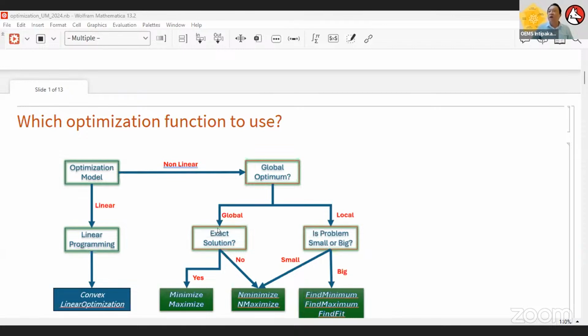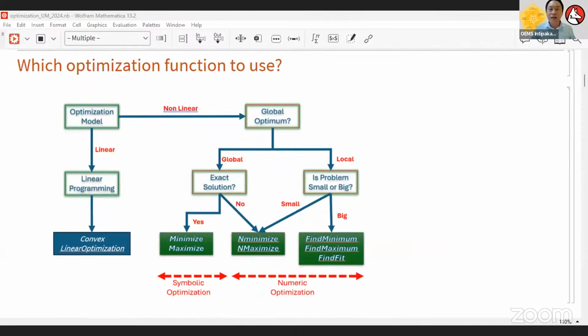Now, if you look at the optimization model for linear equations, the left-hand side here is fairly simple. Traditionally we have linear programming, and then something slightly more complex, the simplex method or convex linear optimization methods.